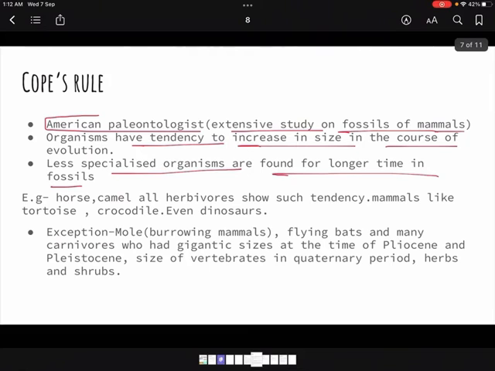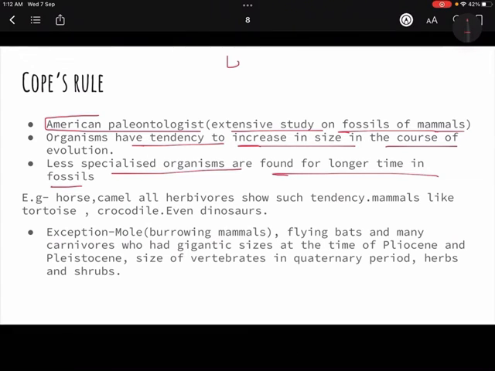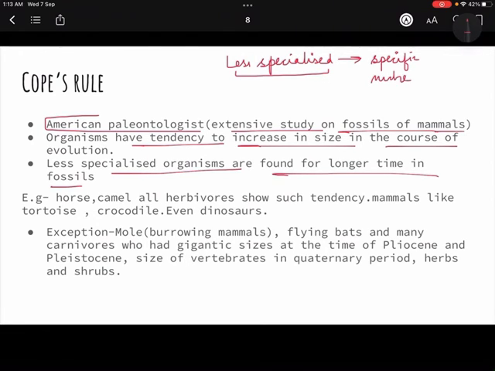What does this mean now? Basically, less specialized species means, as of now they do not have a very specific niche. Specific niche means a very specific role in the ecosystem. They are like jack of all trades, not masters of anything. So if they are jack of all trades, that means they can be fitted into very many things. Being less specialized is sometimes better than being very specialized, because if you are very specialized,